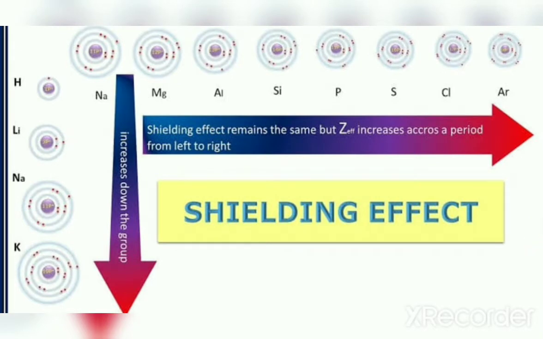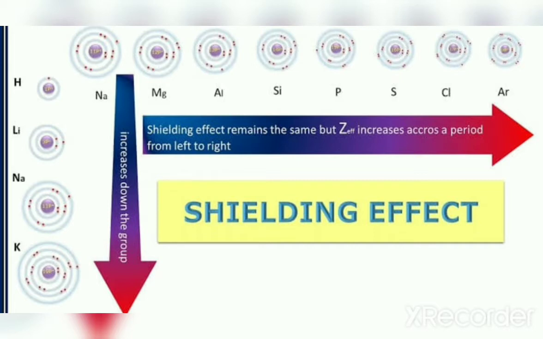Next, we have to consider how the ionization enthalpy varies across a period, and which of the factors, effective nuclear charge and shielding effect, will dominate. As we move across a period, we know that no new shells are added. But atomic number increases across a period. Since the atomic number increases, effective nuclear charge will also increase. But what about shielding effect? Since no new shells are added, there will not be any change in the number of electrons present in the inner shells. So shielding effect remains almost the same.